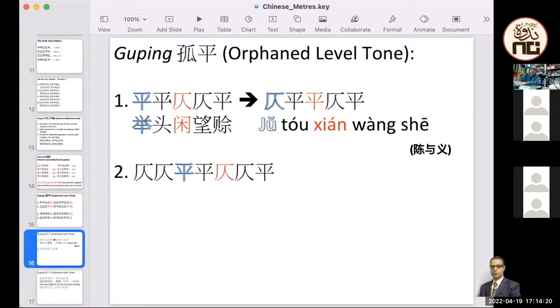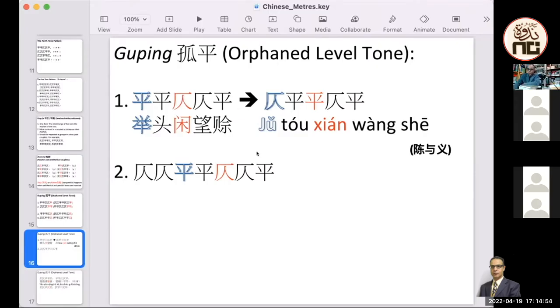So that means he changed. That means he left the ping here, gu ping, and this is defection. So what he did, he had to change in the same line to change the zi into ping. So he said xian is ping. So he struck the balance again. He changed the tone of the first character from ping to ts, and to make it up, he changed the third character from ts into ping.